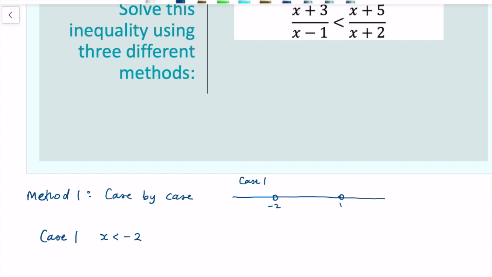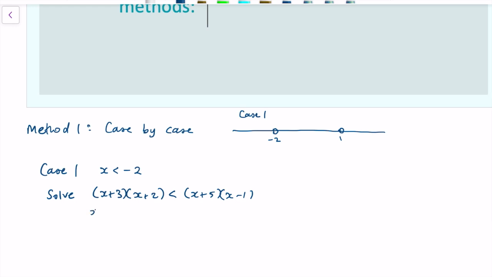Now, if x is less than minus 2, then both of the denominators of those expressions are negative. So if we cross-multiply through, then the sign won't change. Well, it will still change twice, back to what it started with. So we solve, in this case, (x + 3)(x + 2) is less than (x + 5)(x - 1). And if we expand out this quadratic, x squared + 5x + 6 less than x squared + 4x - 5, do some rearranging, we've got x is less than